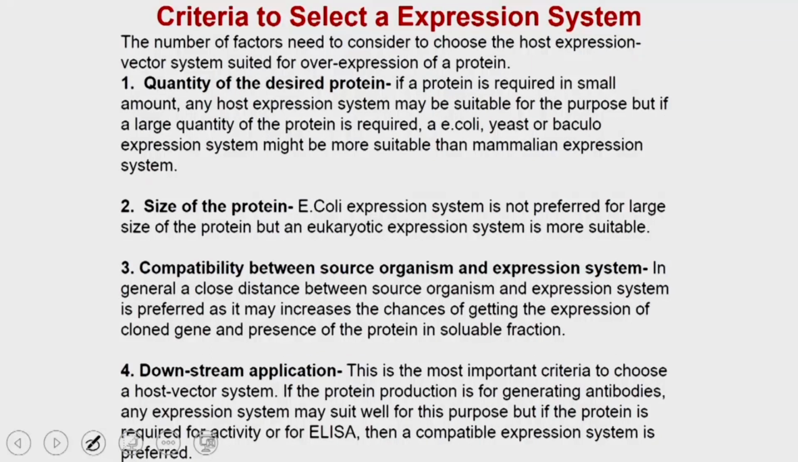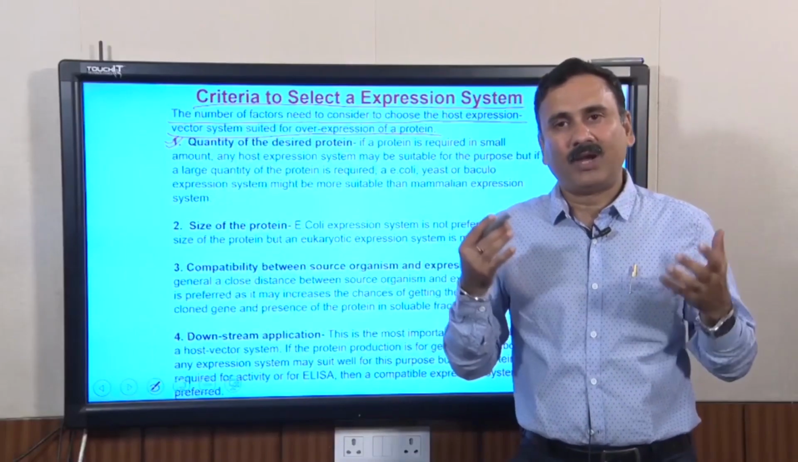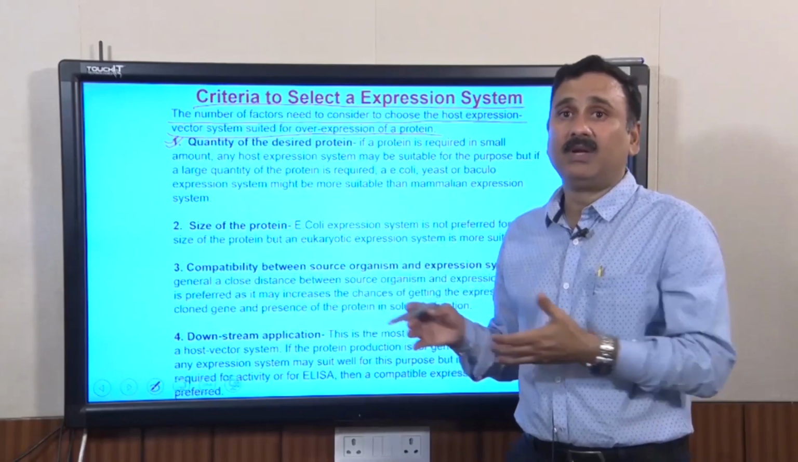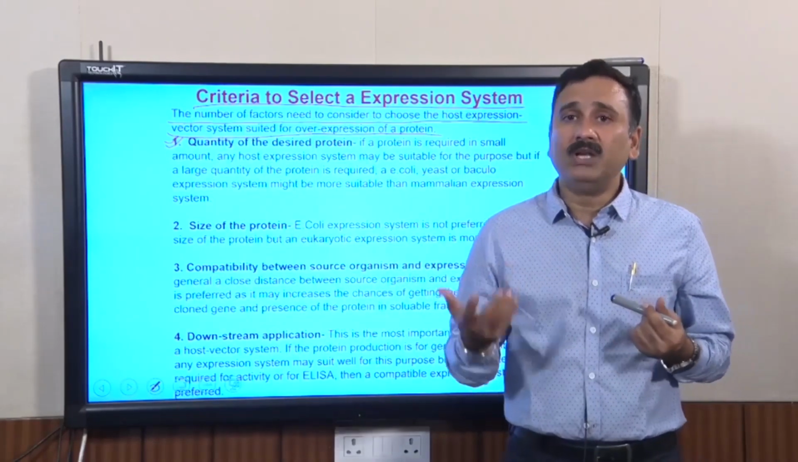Now, the criteria for selecting an expression system. There are a number of factors which you need to consider for choosing a host expression vector system which will be suited for the overexpression of the protein of your interest. What is the criteria? Number one criterion is the quantity of the desired protein, which means whether you need the protein at microgram to milligram level, or at gram level, because in some cases this protein could be